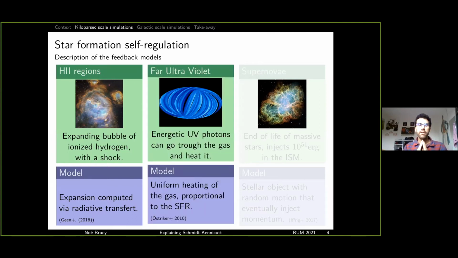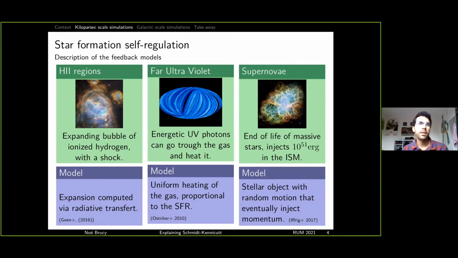We also have feedback from the far UV that can go through the nearby gas and heat up regions that are far away from the stars. To model this, we have a very simple model where we apply a uniform background heating, which is taken to be proportional to the star formation rate, because it's mainly the massive stars that produce this far UV feedback. And then